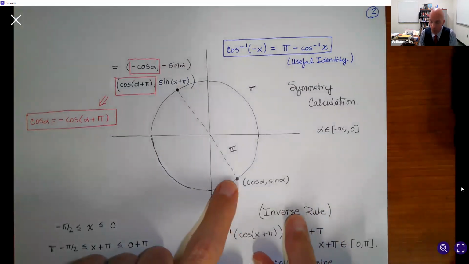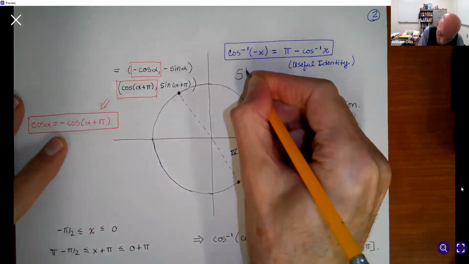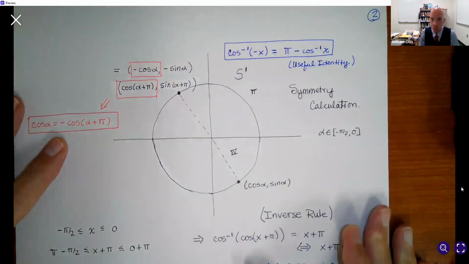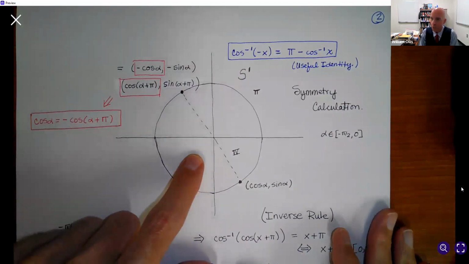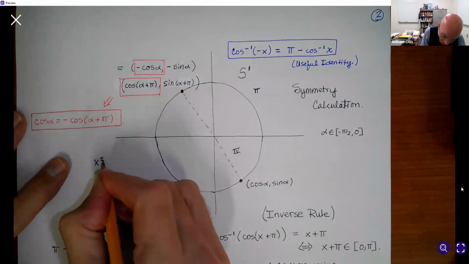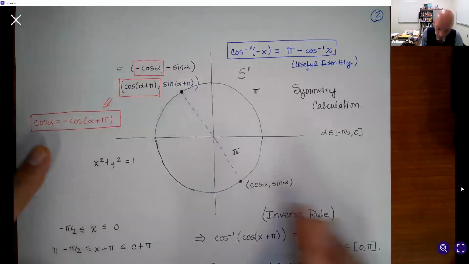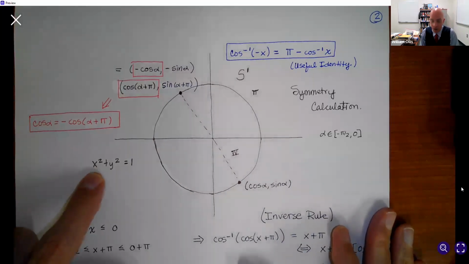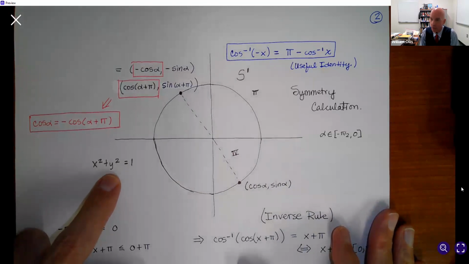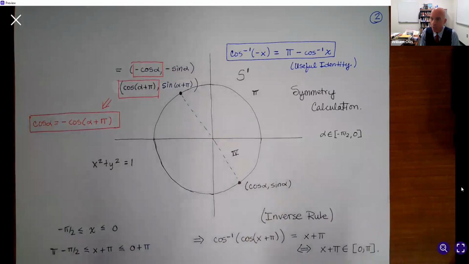So I just write the points on the unit circle, and I'll call this S1. S1 is the one-dimensional unit sphere, which is the unit circle. How do we write it? X squared plus y squared equals 1. That's our friend. And we, of course, know the x coordinates are cosine and the y coordinates are sine, which I have here. So what we want to do is figure out an identity that will allow us to apply